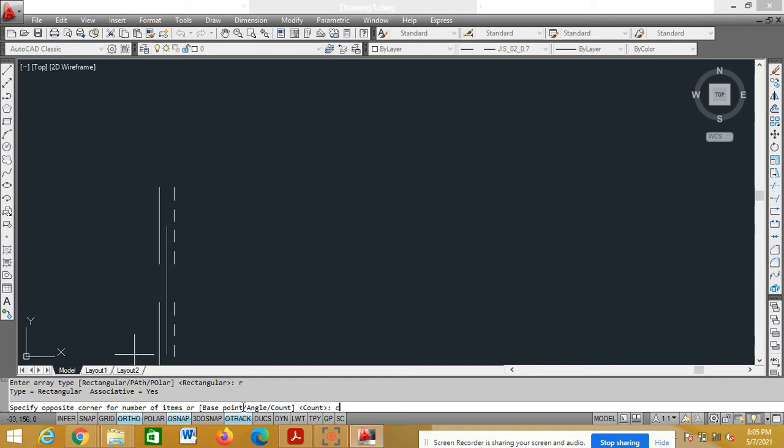So press C, enter. Now it is asking how many rows are required. I want only one row. So 1, enter. How many columns are required? I want 15 columns. Totally I want 30 horizontally. That is column wise I want the rectangular array. So I want 15 pairs of dark and dotted. 15 pairs means I'll get 30.